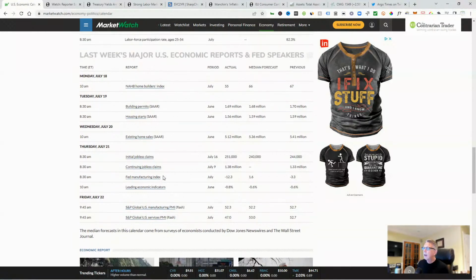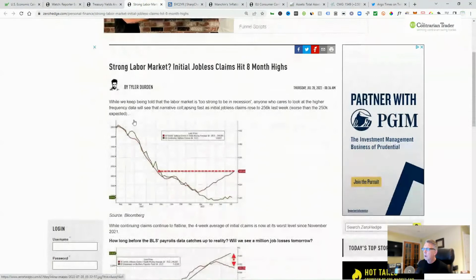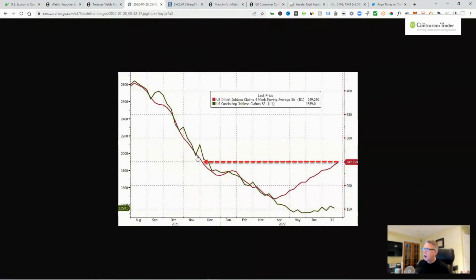You take a look at initial jobless claims. They keep saying strong labor market. Initial jobless claims has hit an 8-month high. So are we just relying upon these bits of information about the fact that we're in recession? No, it's not enough. These news reports or these pieces of economic data only serve to validate a larger